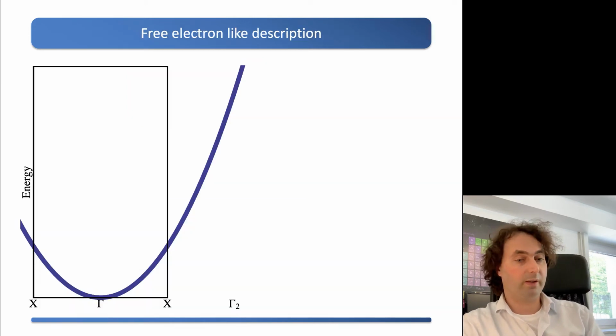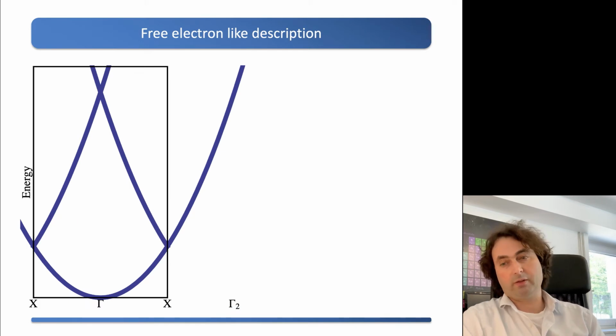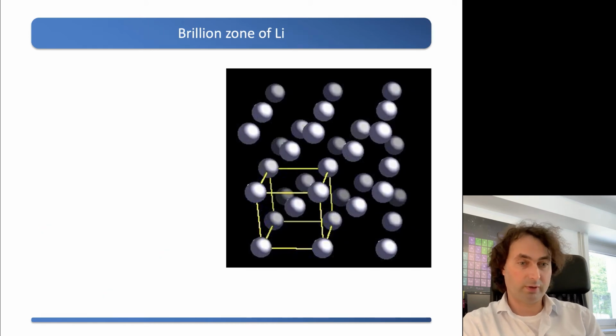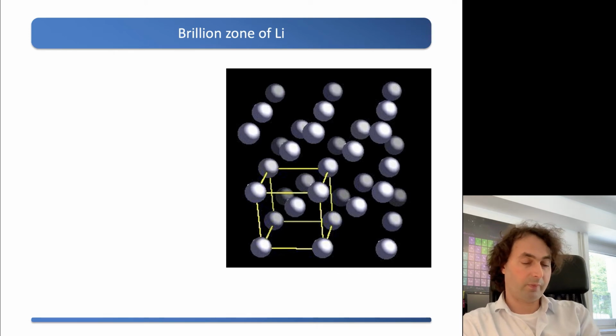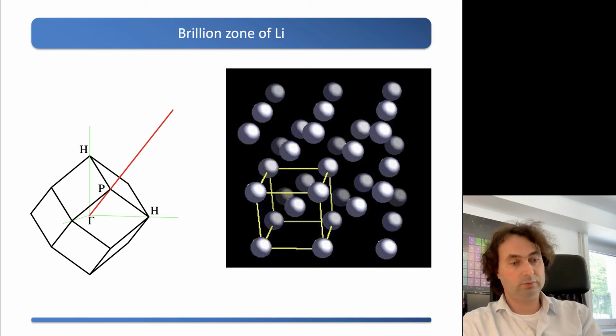So let's have a look there. At the zone boundary your bands fold, and then of course the periodic potential makes opening of small gaps, but that's not so important for the case at the moment. Now the Brillouin zone is not simple cubic, but body-centered cubic, such that our Brillouin zone looks like the shape